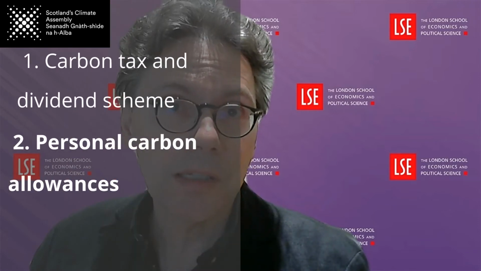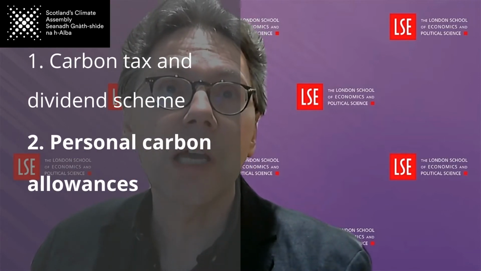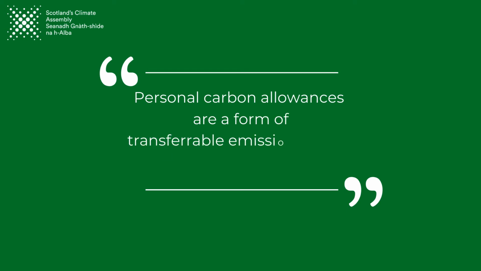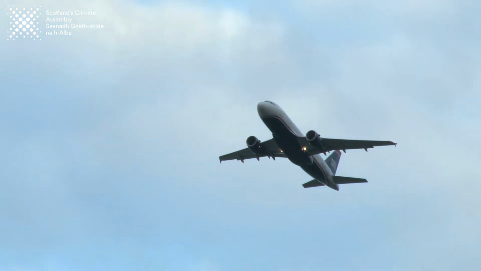So that was the carbon tax and dividend scheme. Let's now move on to personal carbon allowances, the second scheme that I wanted to introduce you to. Personal carbon allowances are a form of transferable emissions quota. So they're a little bit like the quota that regulate the fishing industry. Carbon allowances would be allocated to everybody by the government for free. And each time you buy something carbon intensive, so if you book that flight from Edinburgh to London, part of your allowance